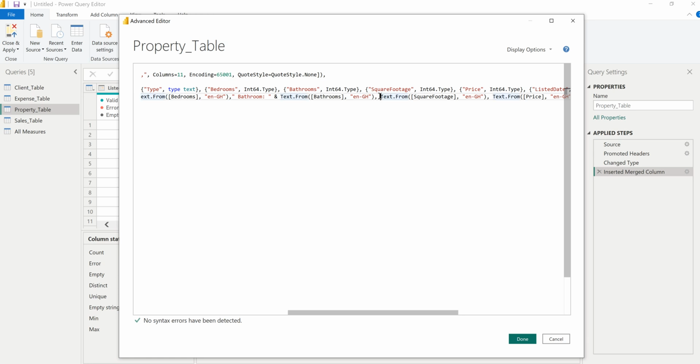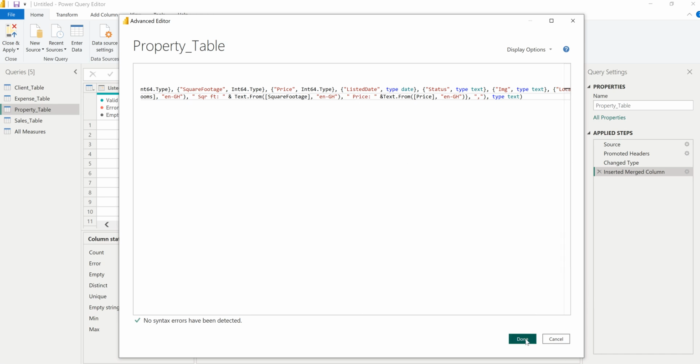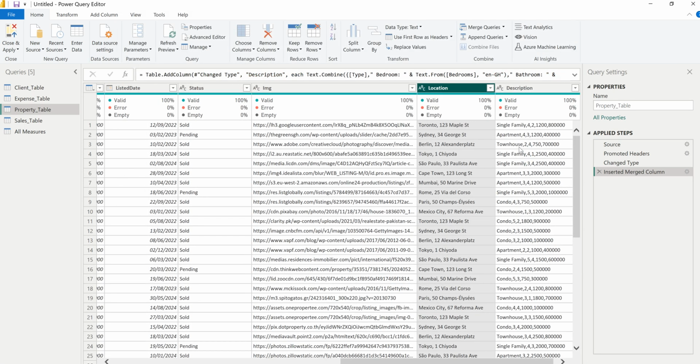I'll come here and paste also, and this is going to be square foot, so SQR FT. What else? Here we can add a price. You can just say this is the price. Okay, so done now. Now when you look at our description,